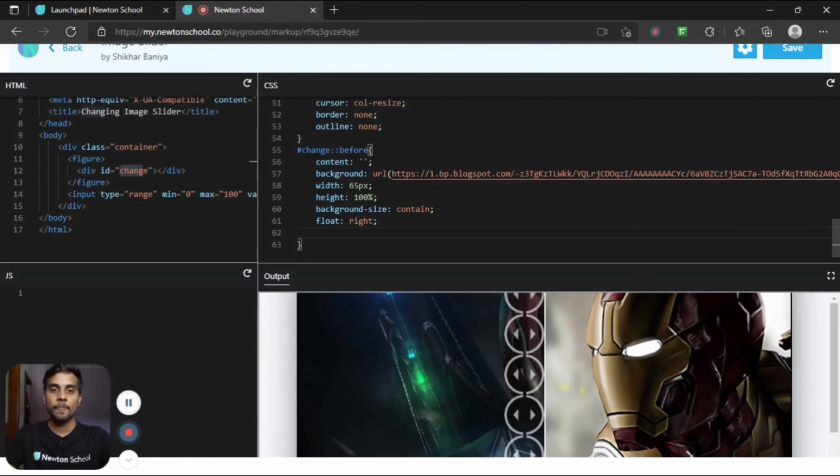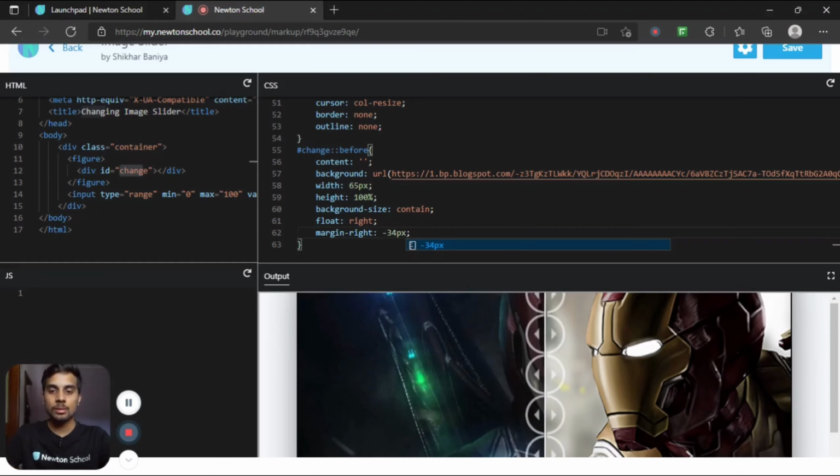Let me adjust it first. Margin-right will be minus 34 pixels, so it will come at the center of our slider.